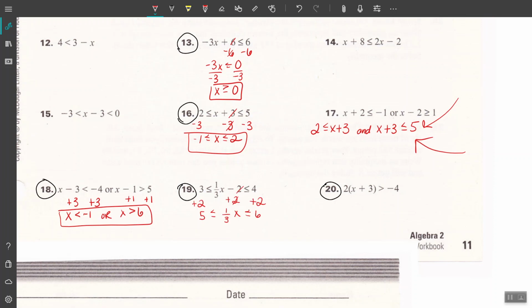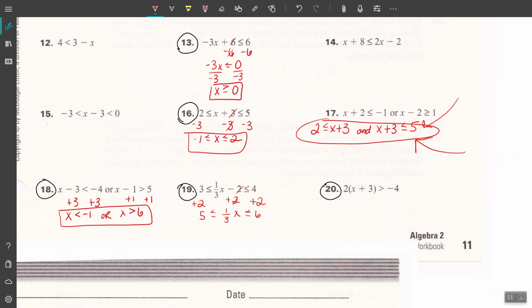Okay, now on number 19, I went ahead and did the work for isolating that term, the 1/3 x. So I'm going into that middle part of the inequality. I'm going to add 2 to both sides. Well, to all of it, to the middle and then to the left and the right side. You could split number 19 up into two individual inequalities, just like I showed you up here for number 16. But it's easier just to do it all in one step if you understand and you can